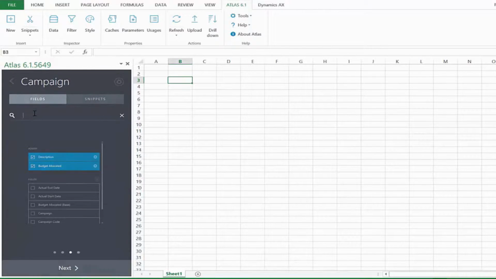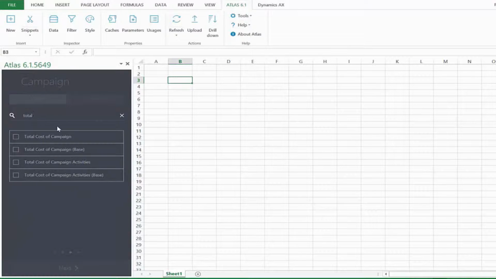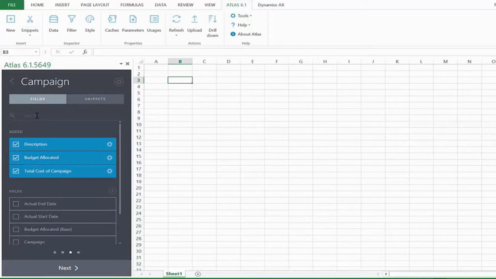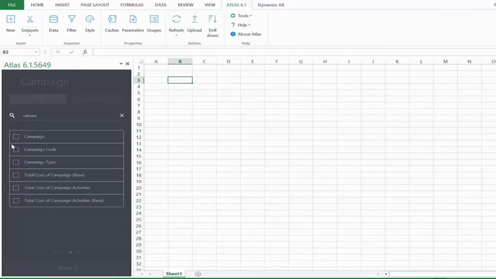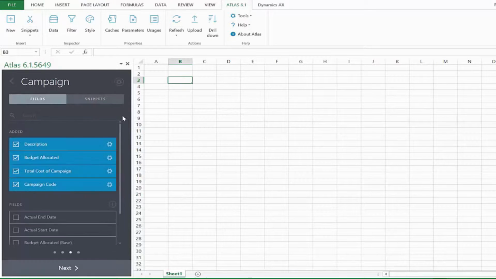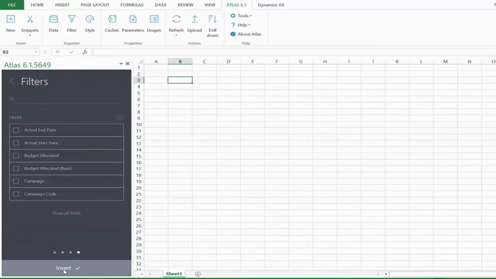Also the total cost of the campaign. Choose that. And then lastly, we probably want a campaign code. Choose that as our last field, and we click Next, and then we indicate how we want to filter. So we probably want to filter just based on the campaigns that we own. So we want to go ahead and find